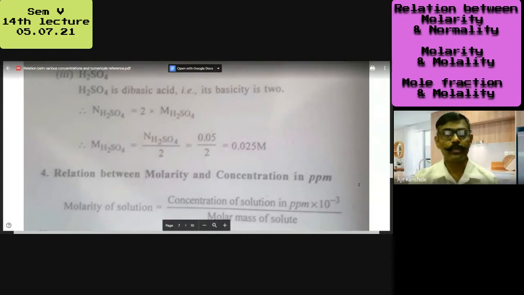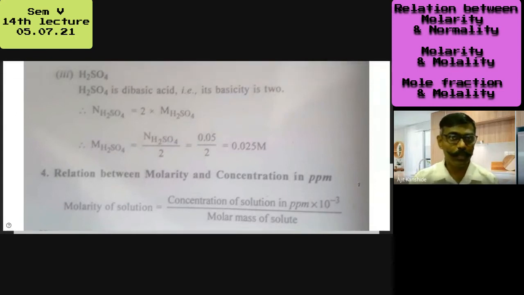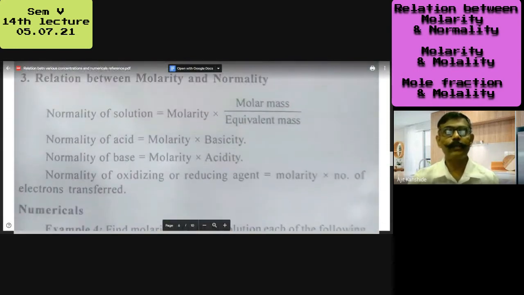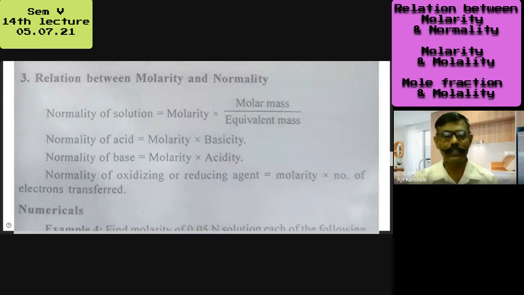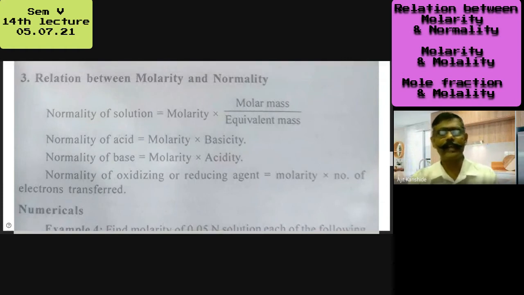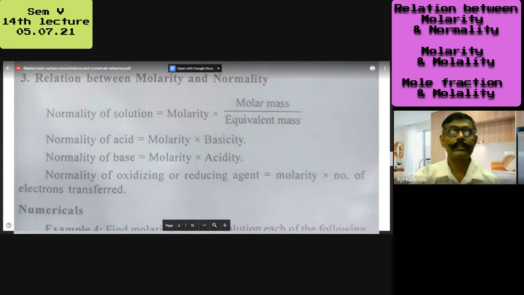So students, in homework, you are supposed to write this numerical, and by the way, write down the understanding of this also. Explain it with understanding when you write down the formula. For example, for molarity, simplify it, split it, and show that molar gets cancelled and you get the answer as normality. So you have to derive these expressions. For the last 3 you can write directly, but the first expression you can derive. That will be the homework for this third relationship, the relationship between molarity and normality.